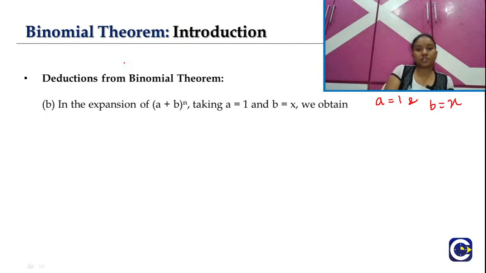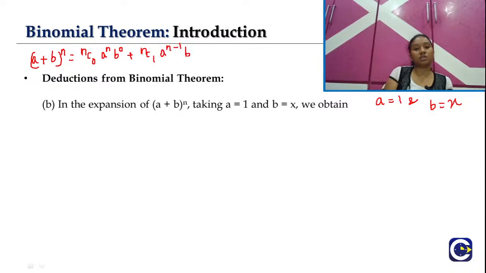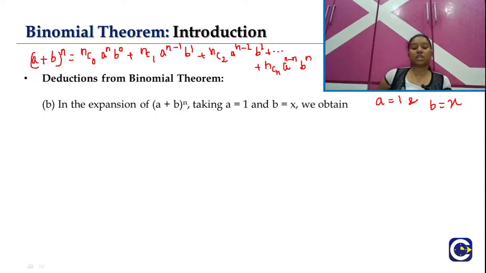So let's see what our general expansion is. It is (a plus b) whole power n equals nC0 a power n b power 0, plus nC1 a power n minus 1 b power 1, plus nC2 a power n minus 2 b square, and so on. The last term will be nCn a power n minus n b power n. Right, so the same expansion will be followed here, whereas the term will turn out to be